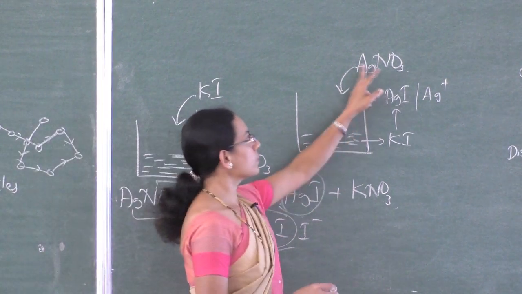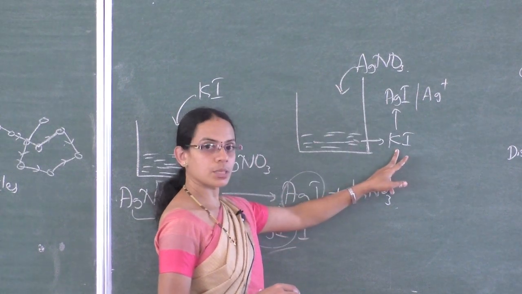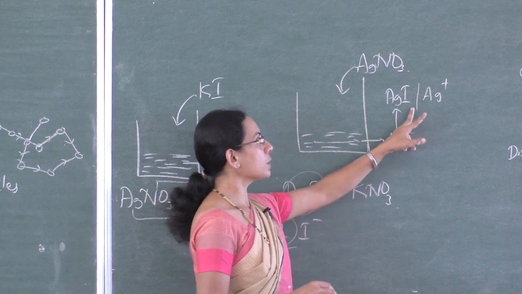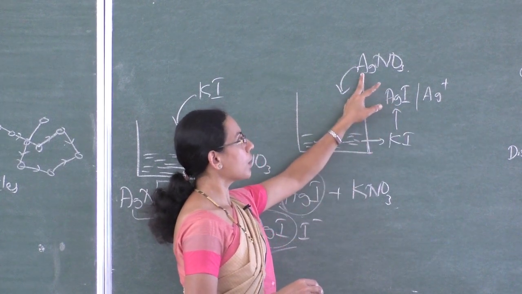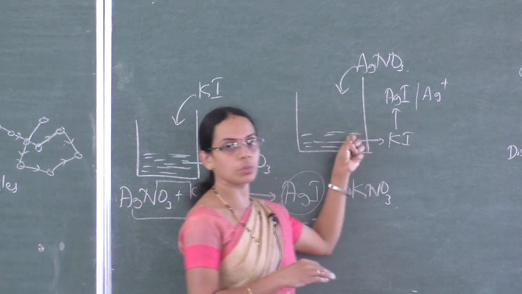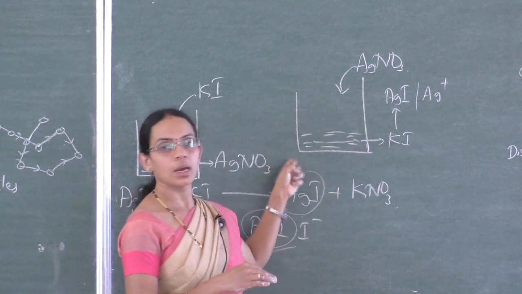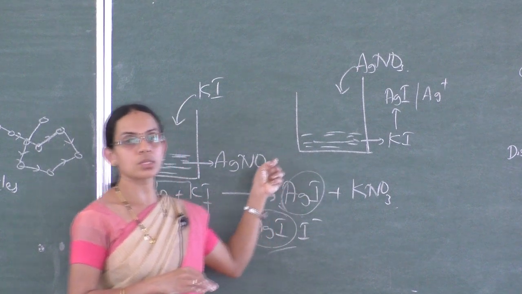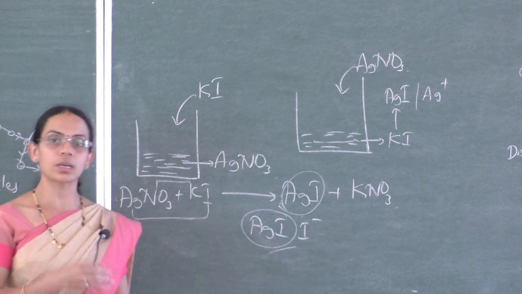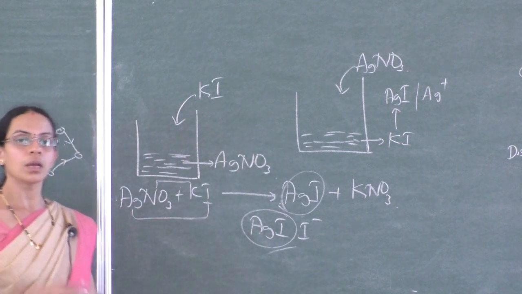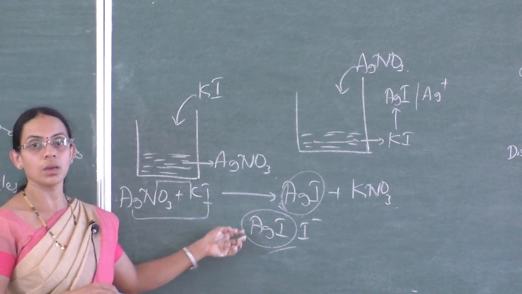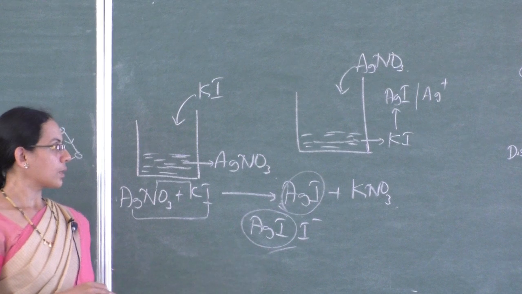But if silver nitrate solution is added to potassium iodide, again silver iodide gets precipitated, but it adsorbs Ag plus ions, because it is added in excess, so Ag plus ions get adsorbed on the precipitate of AgI, hence it becomes a positively charged salt. So depending on the nature of the ion adsorbed on the surface of the precipitate, positively charged or negatively charged salts can be formed, right.